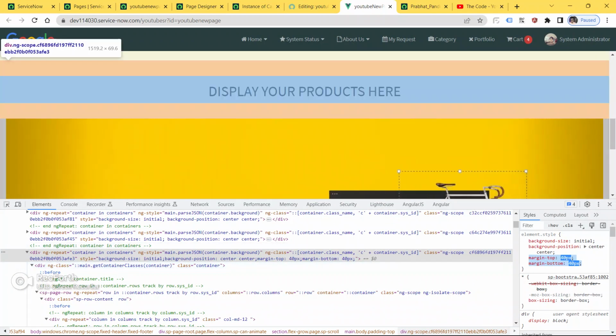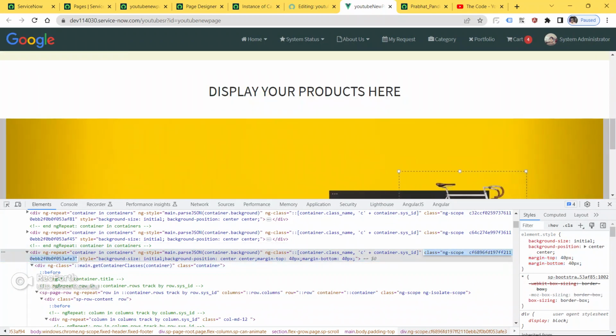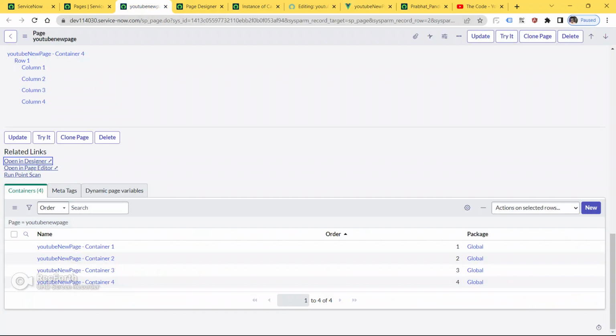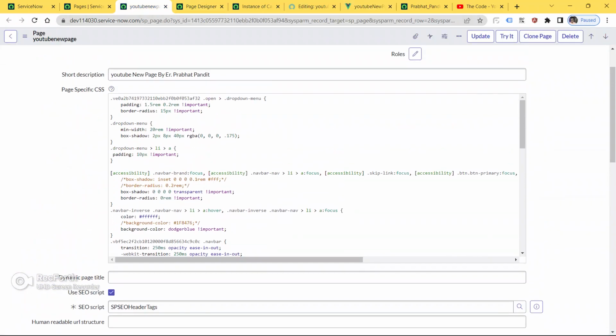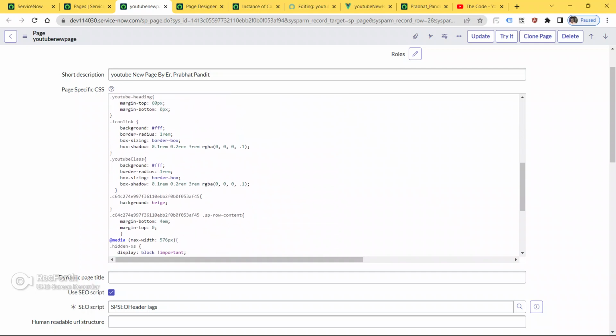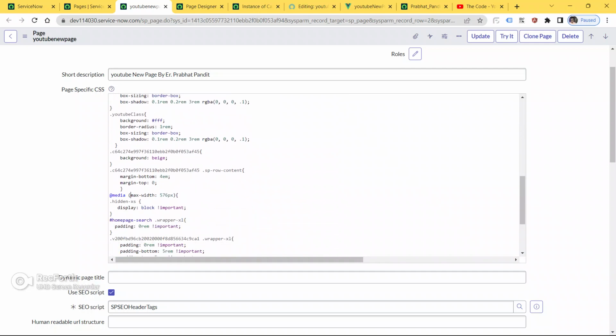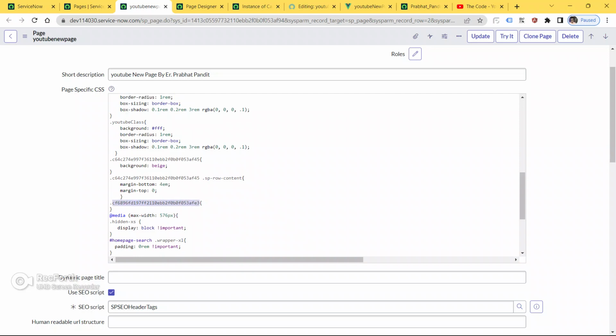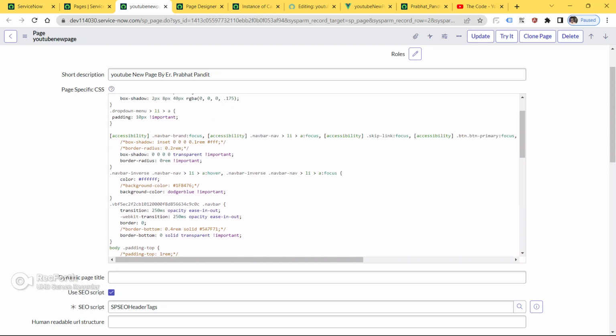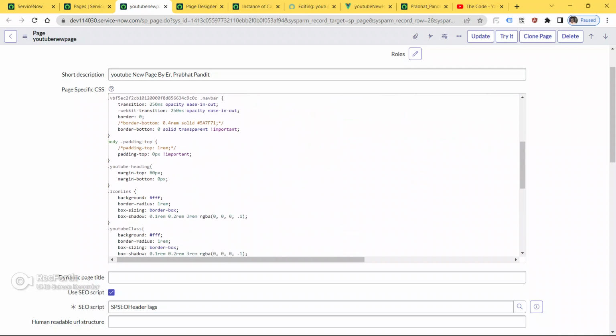Now we will copy this class also from here, and we'll go to the page. This is our page, and here we have to paste it. It's a class, so we have to put a dot, and let me just check.